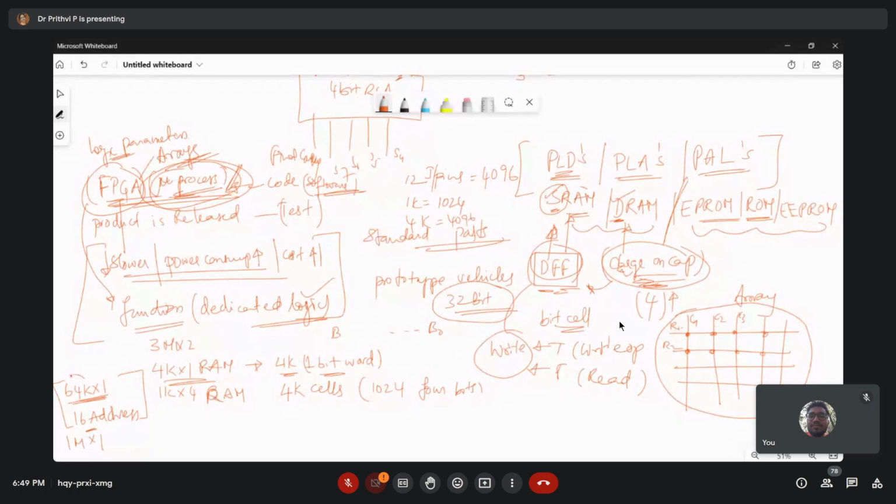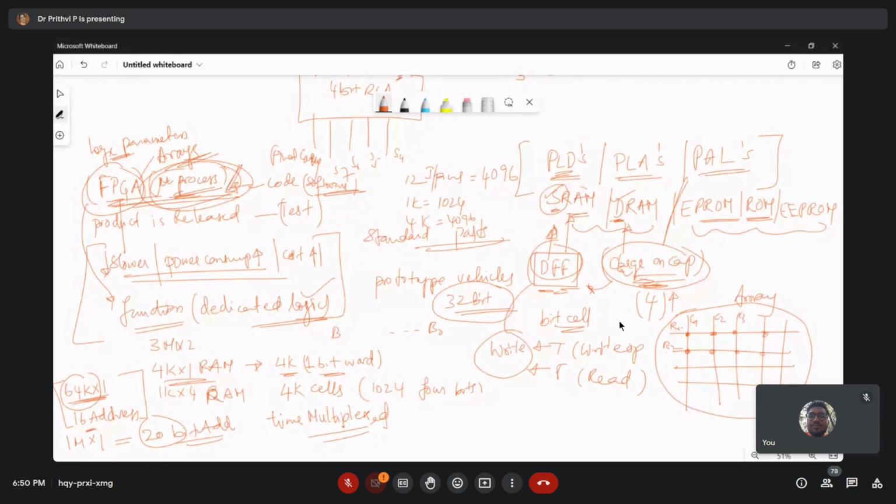What is the size? You can expand this and see. 64 into 1024 you have to get. Say 1M into 1-bit RAM is there, it needs 20 address bits. So likewise, whatever the size of the RAM, that many address bits will be needed. Okay, so we can say these are time multiplexed addressing